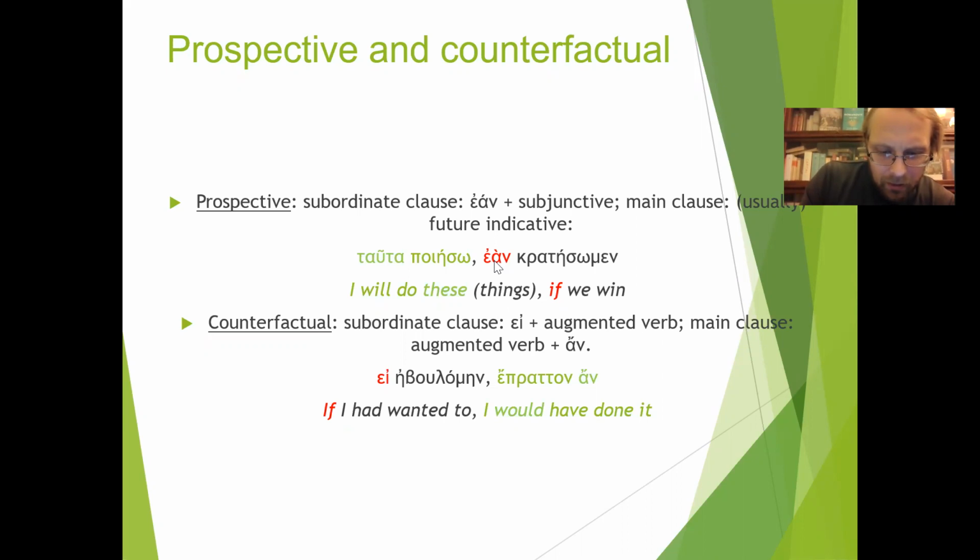subordinate clauses. So if we take this again from the beginning, we have that the subordinate clause in these types of sentences gives expression to a counterfactual state of affairs. That is, to events which, as a matter of fact, never took place. And here the main clause has a verb which is augmented. So the verb is either an imperfect, an aorist indicative, or a pluperfect. And this augmented verb in the